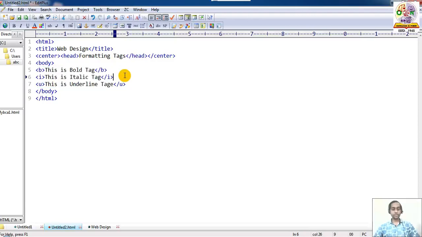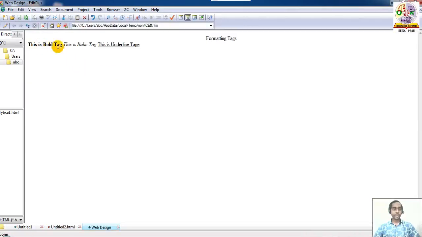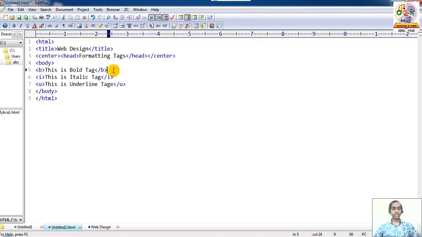When we run it, Ctrl B, bold tag, italic tag, underline tag. If this is one sentence, we have to move to the next line for another sentence. Then we simply create a break, meaning br, like here, break, break, break.